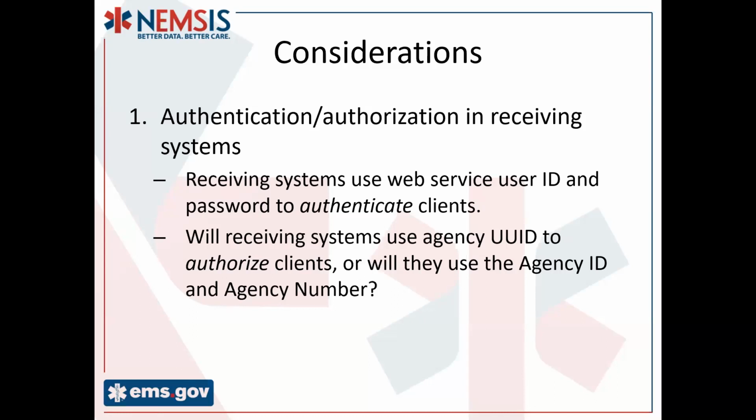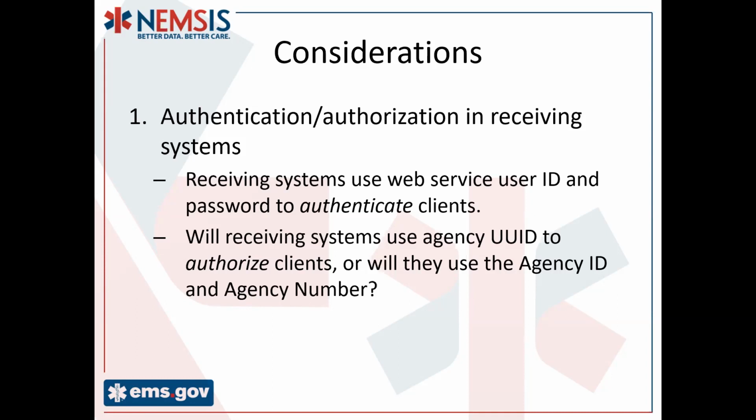And so if software A is trying to submit data for agency B, then the state system is going to reject that submission and say, sorry, you don't have permission to submit for agency B. Okay, so depending on how we identify the agency, that would influence how the authorization happens. I believe that today state systems are inspecting the agency ID and agency number, the agency 01 and 02, within the demographic data or within the EMS dataset header.